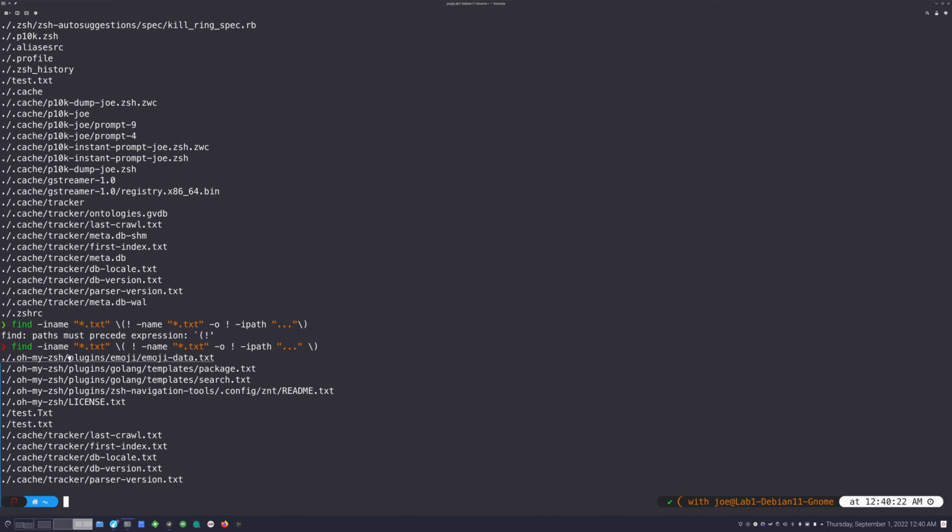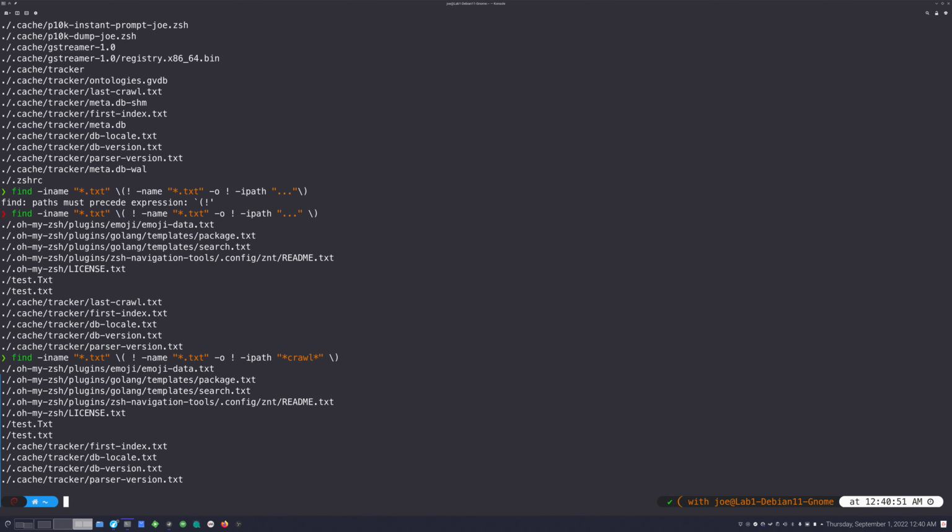So basically I'm saying if this thing has .txt in it and it does not have the name .txt in lowercase, or it doesn't have ... in it, and because no files are going to have ... in it, it's just going to return all of them, right? So for instance, if I wanted to say or, it doesn't have the word crawl in it anywhere, CRAWL, right? So now you can see it's going to remove that crawl word from our results. You can see it was here and now it's not in this list, because it was negated. So anyway, that is how you would do an or setup.